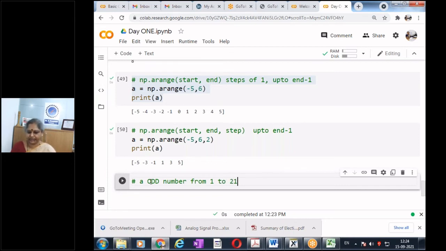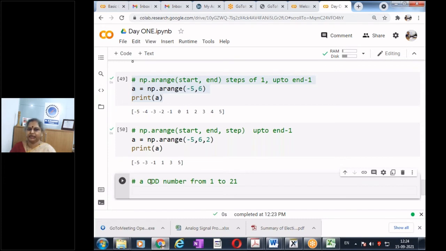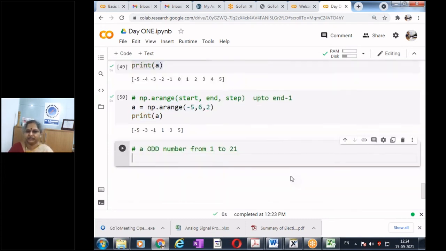What should be the command? Please give me the command. I want A to be odd numbers from 1 to 21. What should be my command if I want to use the np.arange command?